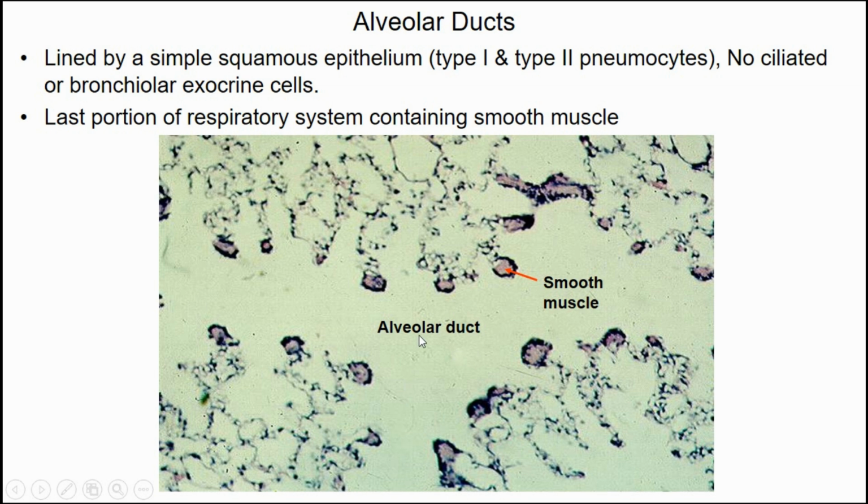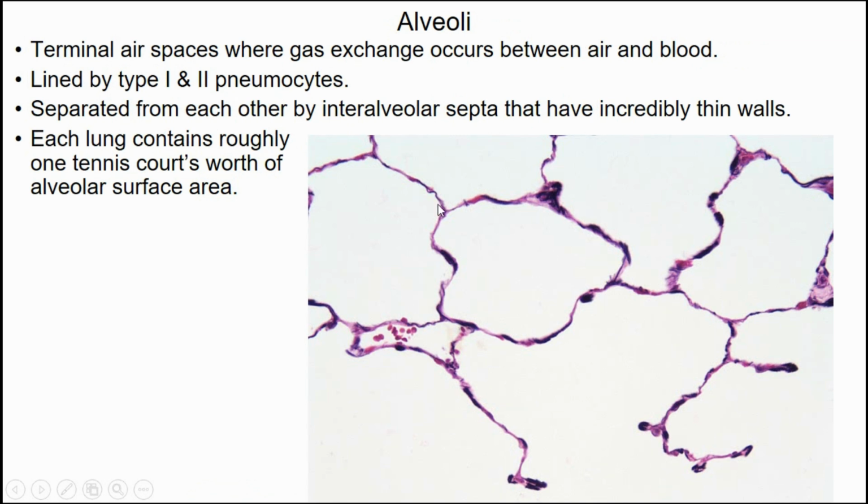So here is an alveolar duct. It's a hallway lined by alveoli, and it's the last part of this system that has smooth muscle in its wall. So we go a little further, and now we see actual alveoli. These little, I want to call them cells because they're little cells of space, but they're lined by actual biologic cells, so I'll try to stay away from that terminology. So these terminal air spaces are lined by cells called pneumocytes. They're separated from each other by interalveolar septa. So this wall right here, that's an interalveolar septum, and I think you can see without too much imagination, it's really thin